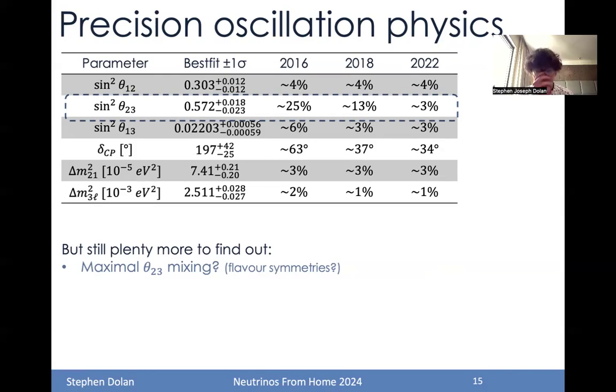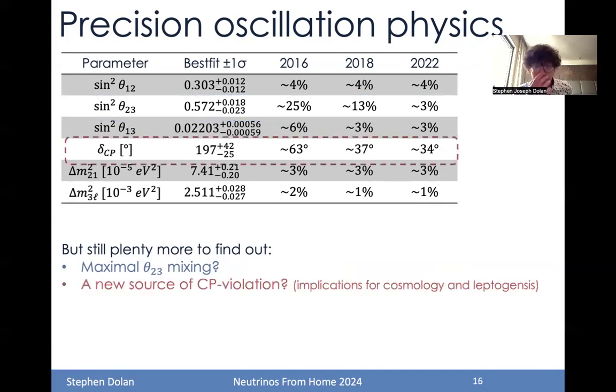as it looks like it could potentially be taking values to facilitate maximal mixing, so a complete disappearance of muon neutrinos in a muon neutrino beam at some energy. And a complete maximal mixing might be a hint of some symmetries, maybe feeding down from some GUT scale theory. We also want to be able to say for sure, to be decisive in saying that, okay, we